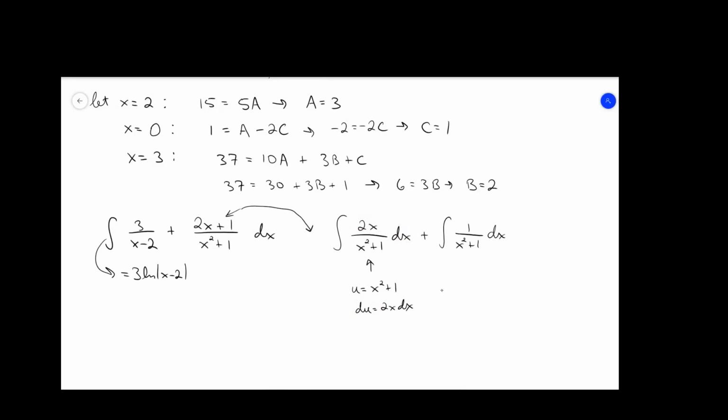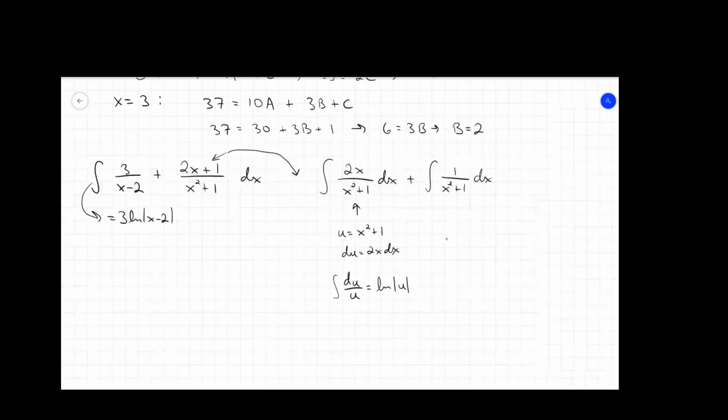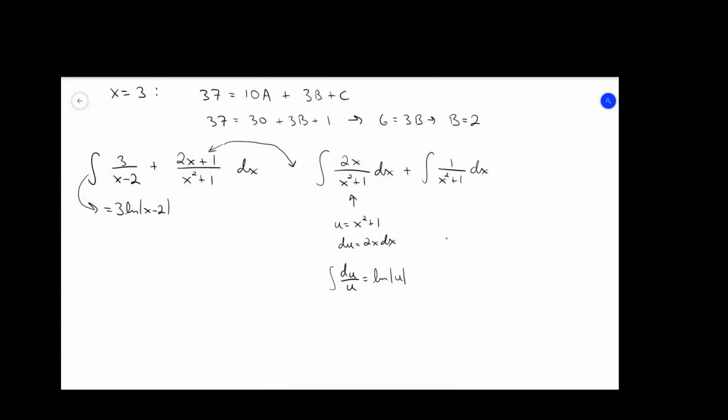And so that integral is going to become du over u. And as we know, just like the other one, du over u integral is ln u. And then that can further be written as ln of x squared plus 1. And I'm dropping the absolute value bars there because x squared plus 1 is never negative, so we don't really need them there. And then finally, the last one,